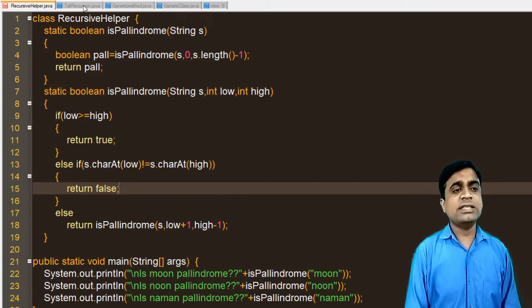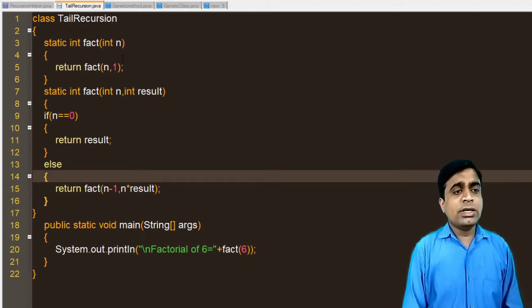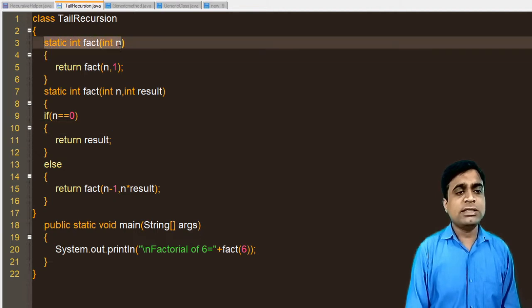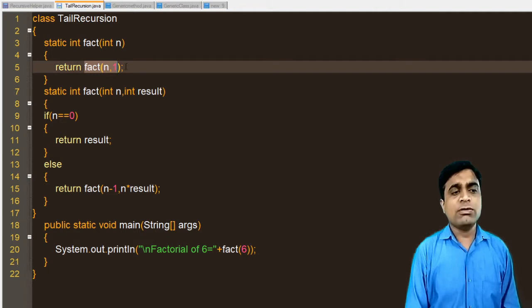Now the next program is tail recursion. In tail recursion, the recursive call is the last operation. This is again a program for factorial. I am just calculating the factorial of a number. I created one factorial method, fact, to which I pass the number and return fact of n comma 1.